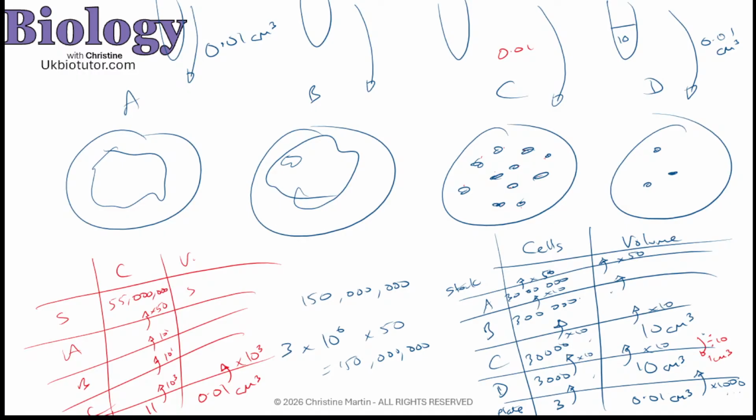55 million even. And so therefore, which one of these is a better way of estimating the population size within my stock solution? Actually C's better to use, because it gives me a number that is closer to the number that would be in the stock solution. By using D, by using a dilution that's gone too far, I have too few cells growing. That would give me a much larger estimation. And so therefore it's about factoring all these different things in. And that's the kind of question that has come up in the past.